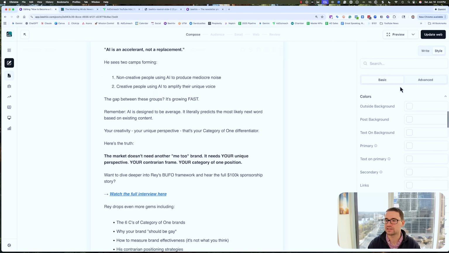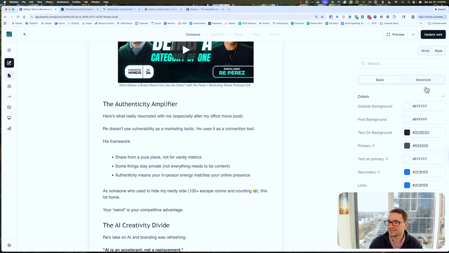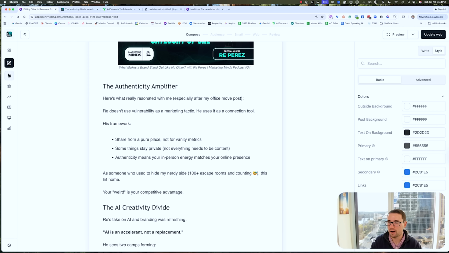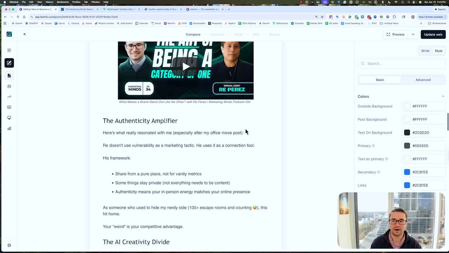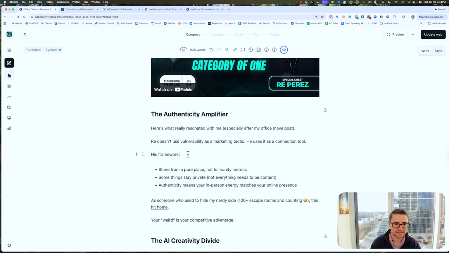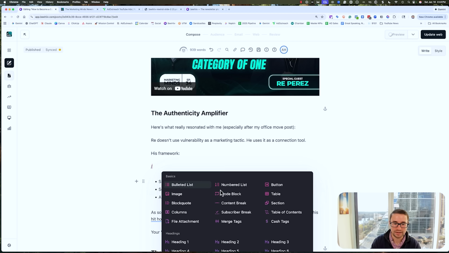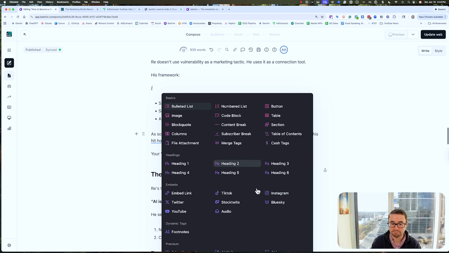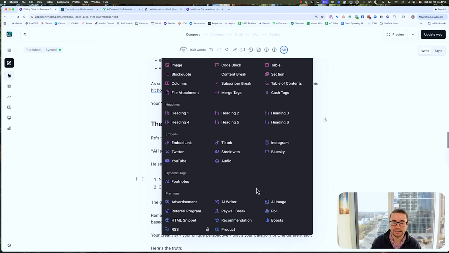If I want to change the style of how things look, I just click on style and I can change what the links look like, the button colors, the text colors, the typography, the borders. There's so many different possibilities. If I want to go in here and make other edits, all I have to do is type whatever I want. I can click this plus button and then add really pretty much anything I want in here,